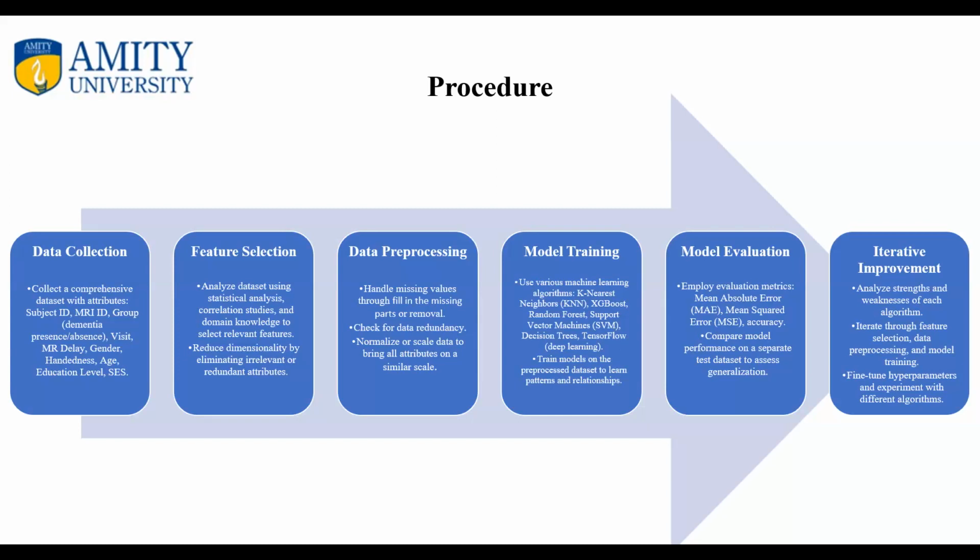For model evaluation, use metrics like mean absolute error, mean squared error, and accuracy. Compare the model on a separate dataset, then iteratively improve. Identify the algorithm's strengths and weaknesses, revisiting features, pre-processing, and training. In a nutshell, the process includes collection of data, choosing features, pre-processing, training the model, evaluating and refining for more accurate dementia prediction